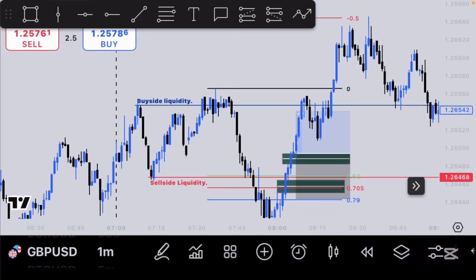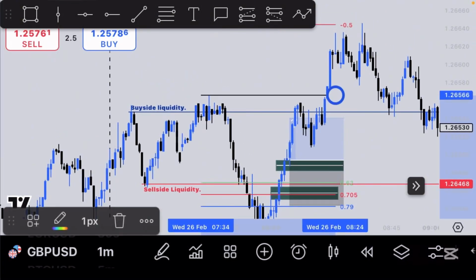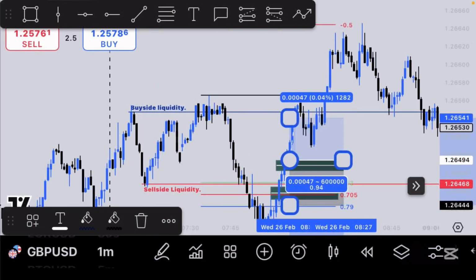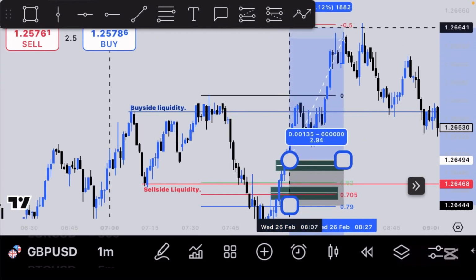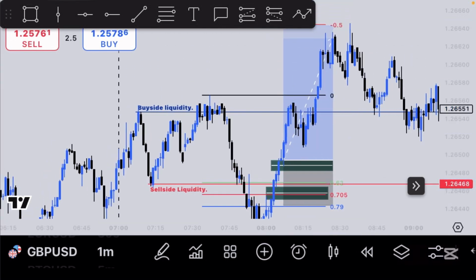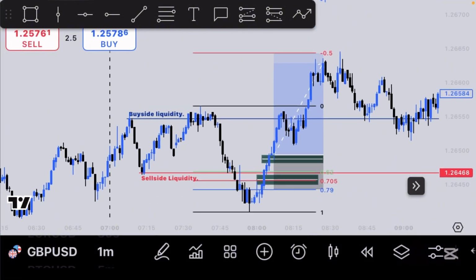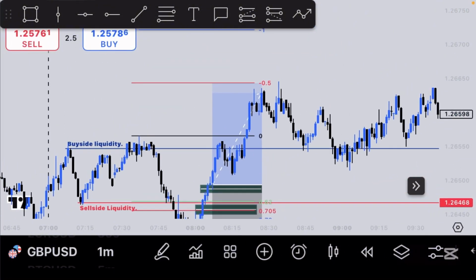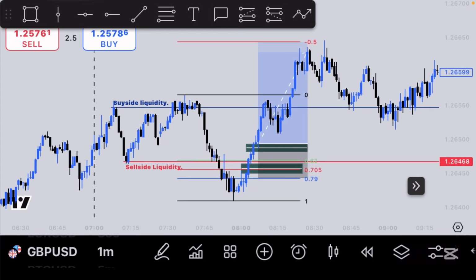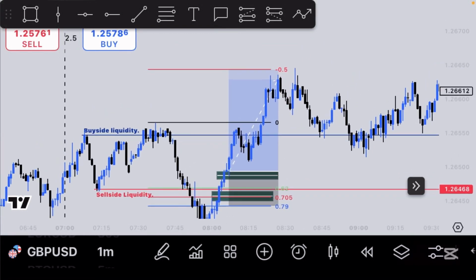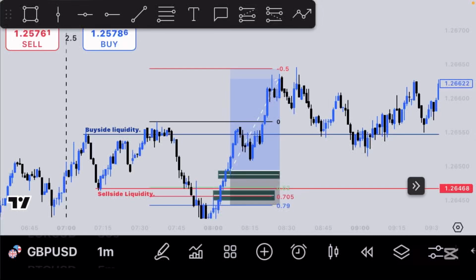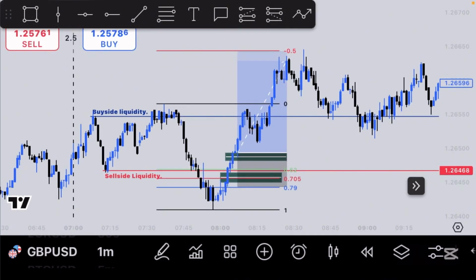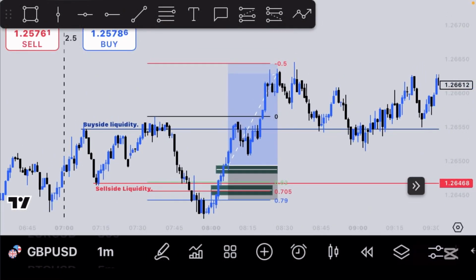So now you can see how price has tapped into it and it moved to the upside. So now if you are right, you don't expect price to get back to your entry points anymore. So you can see how price keeps moving. So how you can manage your trade now using the Fibonacci, which I just drew now, is when price gets